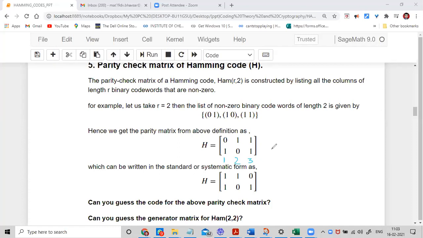Okay. Another thing, sir, for this example, I'm not getting that much of the difference. In general, she is asking about Hamming codes. See, I'll tell you one. For example, Karnika, you can construct not just one code. You can change n, and for each n, I can construct a code with distance of 3. You give me n, I will give you a code.